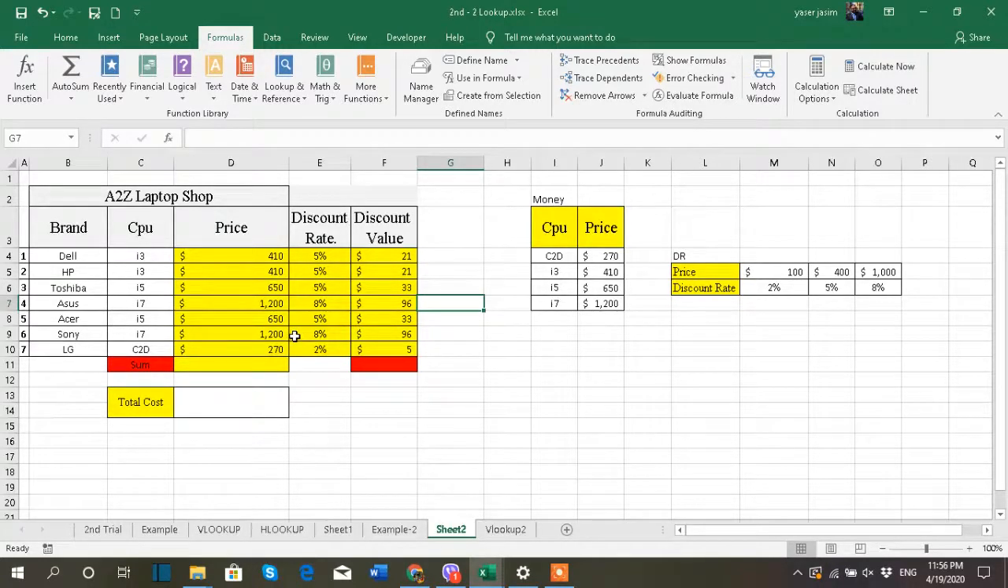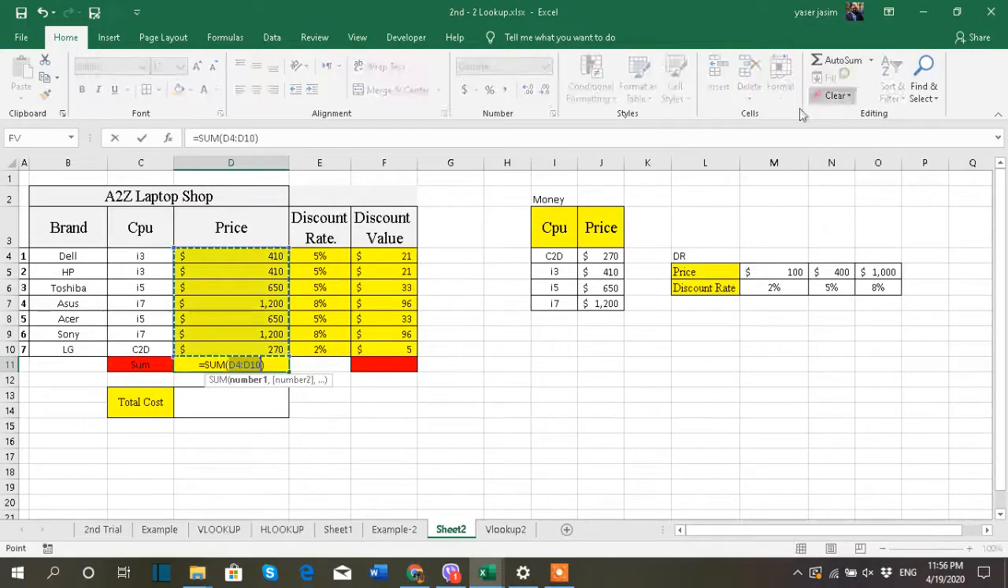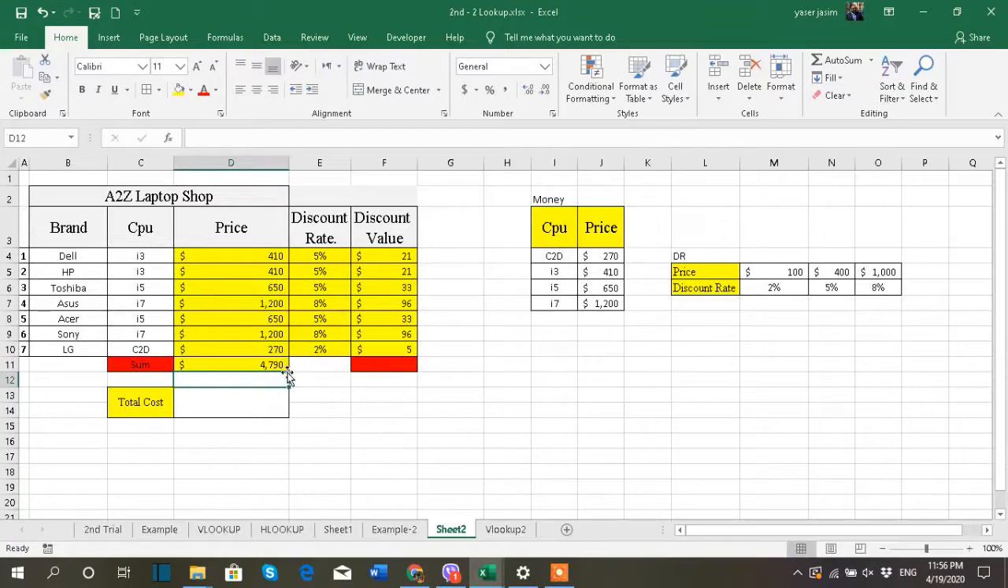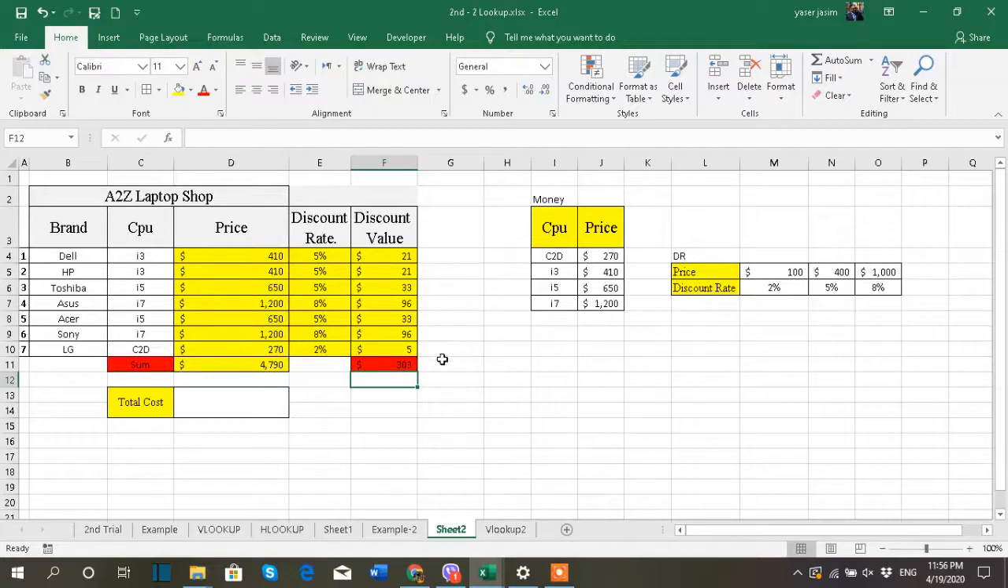Now, as I said, I need the sum of all the prices, and I need the sum of the discount value to calculate the total cost. So how can I calculate the sum? I'm going to go to home. We have basic existing functions, sum, and select all these. Press enter, 4790. And here, same thing, go to auto sum, select all these, and press enter. We have here $303